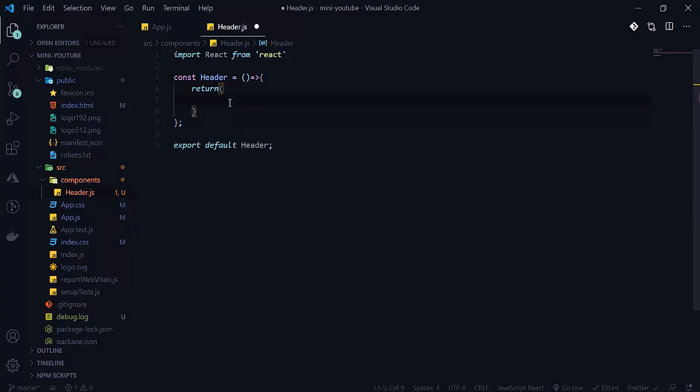We will create a container, so we will create a div here. The class name will be container and container-fluid. Now this div is successfully closed.